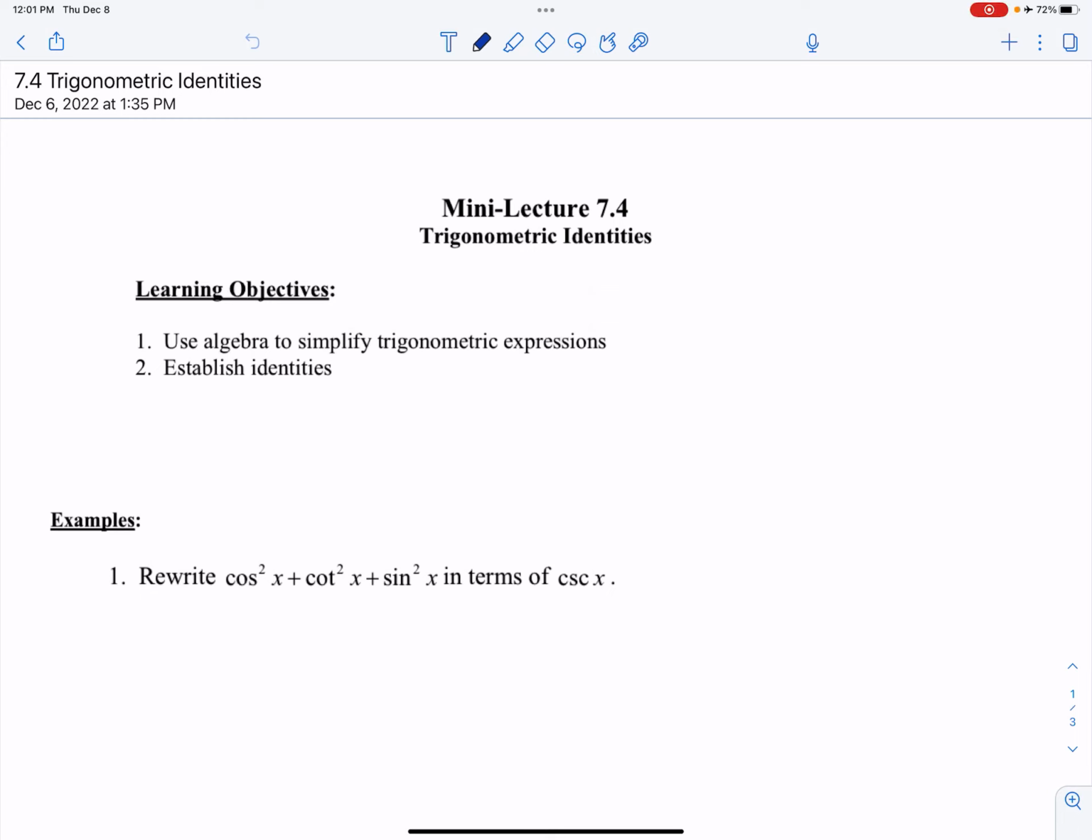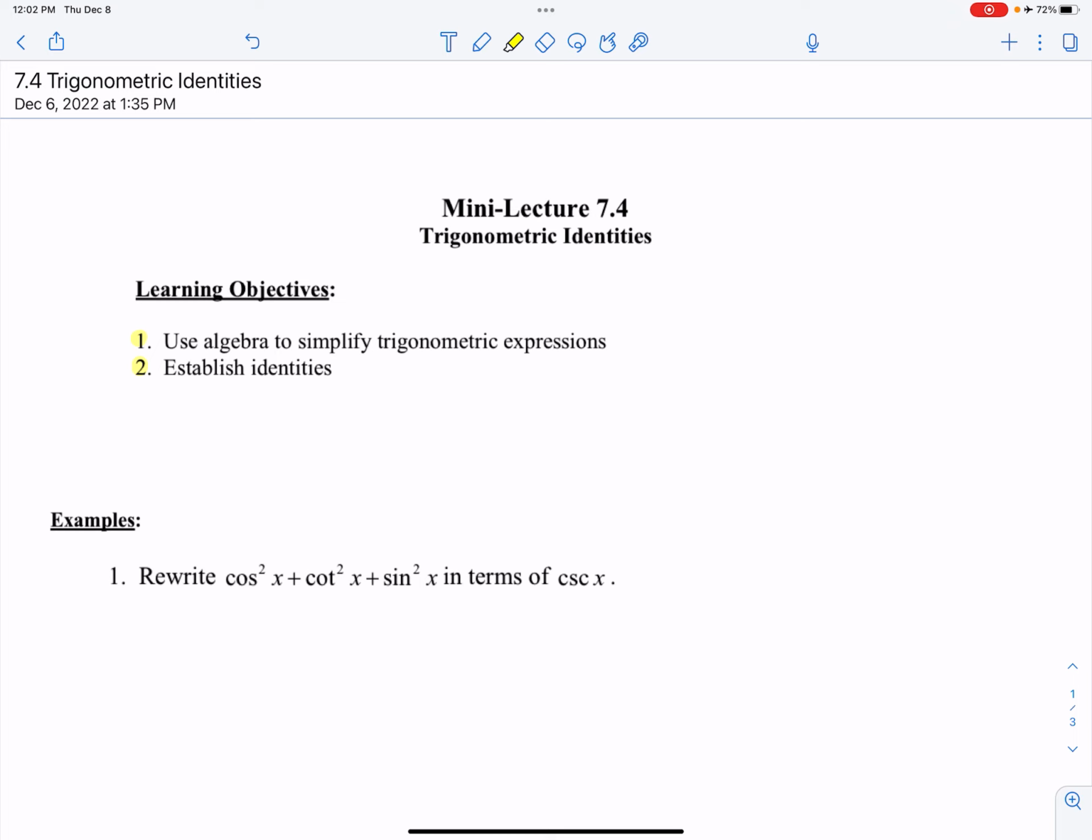Welcome to section 7.4, Trig Identities. Now this one is probably my most favorite of chapter 7 because it feels like we are undoing a puzzle. I really enjoy it, and I hope that you also get the satisfaction of figuring these things out the way that I do. So, our objectives are to use algebra to simplify trig expressions and also establish the identities that